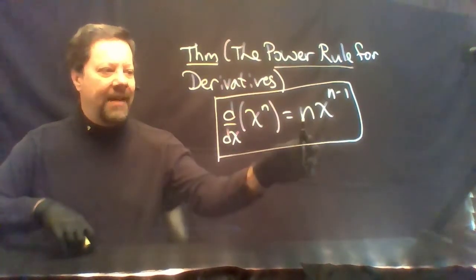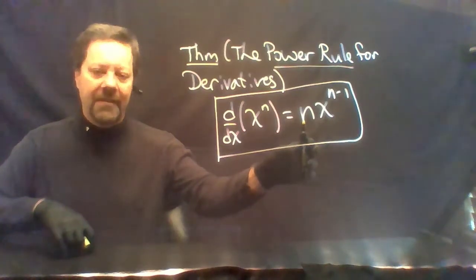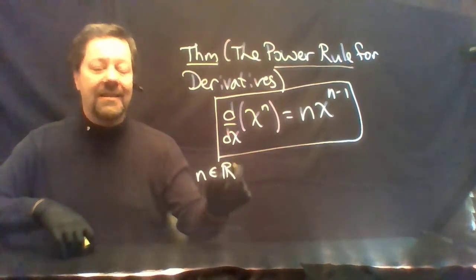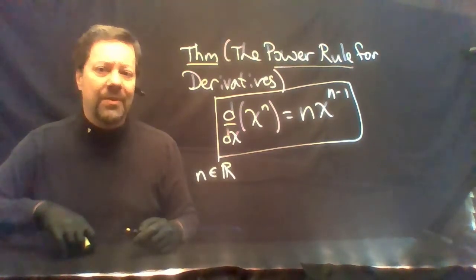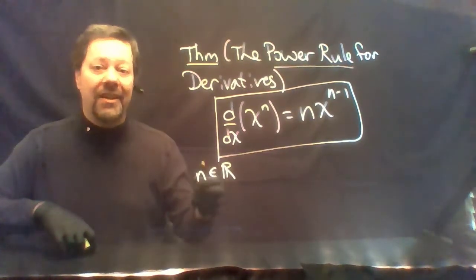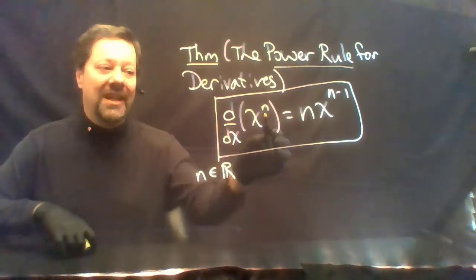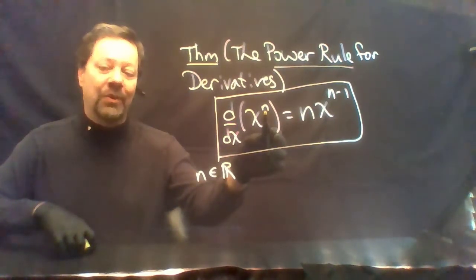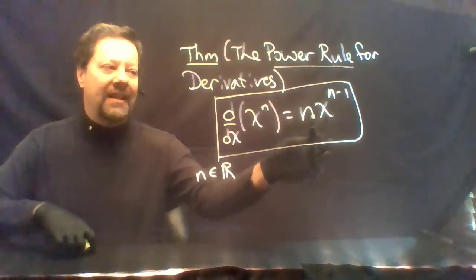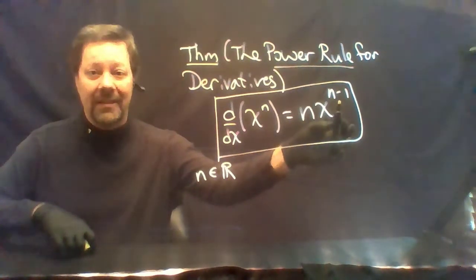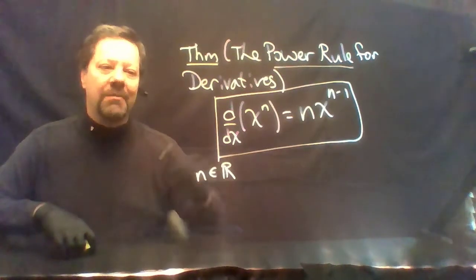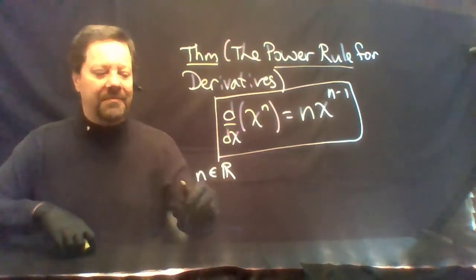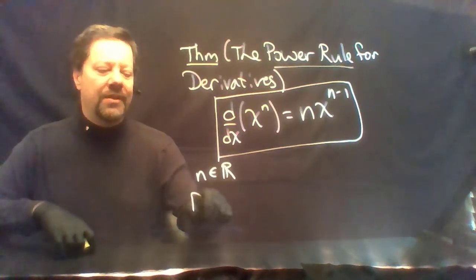For what values of n does this theorem hold? It doesn't have to be constrained to only whole numbers or natural numbers, or even integers. We can use any real number here. For instance, if n is equal to pi, you'll get pi times x to the power pi minus 1. So any real number will work for the power rule for derivatives. The proof uses